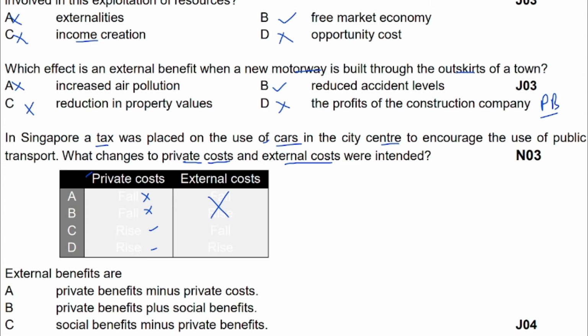External cost is cost to the third party, and external cost will fall, so we will cross option D as well. So C is the correct answer. Why will external cost fall? Because when tax is charged on cars, it means now fewer people will be using cars and they will be